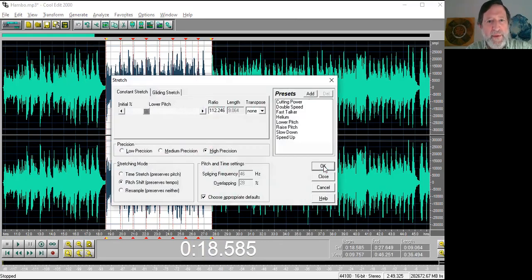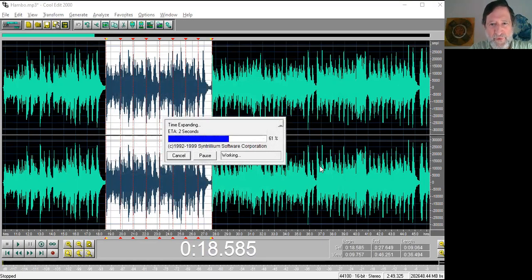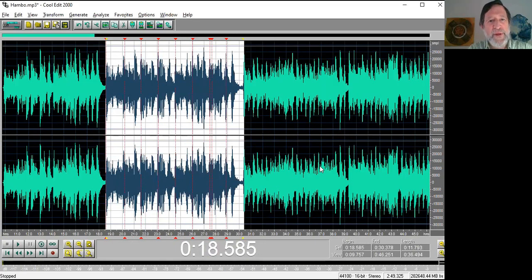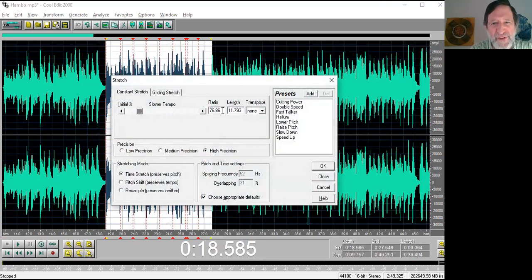We type T to bring up the stretch, and we're going to do time stretch to 11.793, and we say we're going to make this 11.793. We can do that if we want to, and let's do that just for now. This then becomes slower and quite slow. Let me undo it for a second here and bring up my T again, because it's 76%